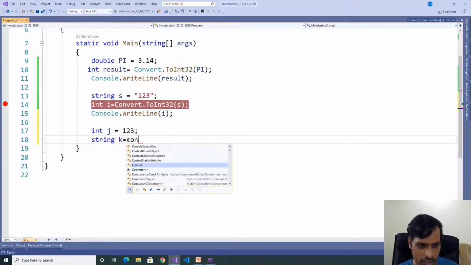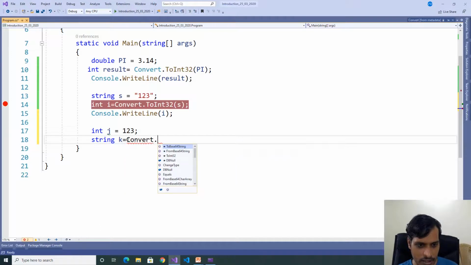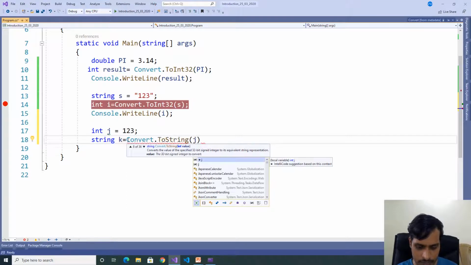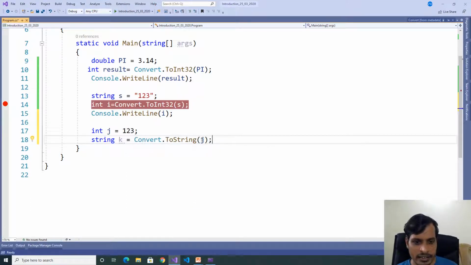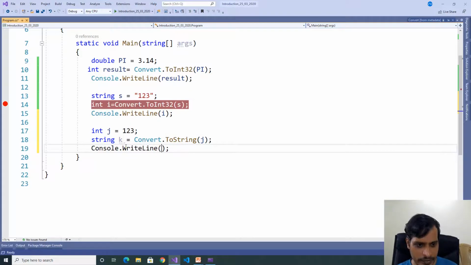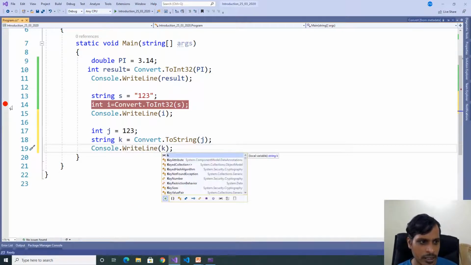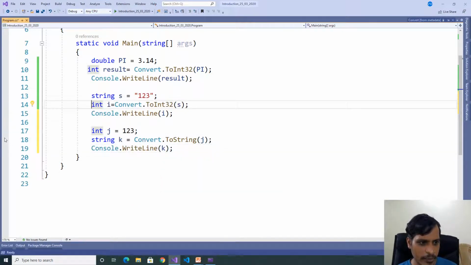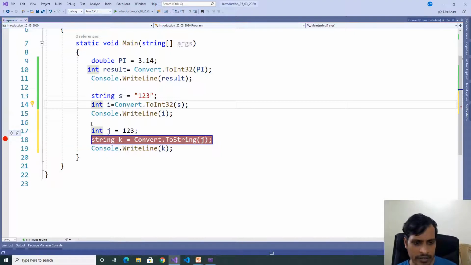One is Convert.ToString and pass the integer value j. Here j is an integer. We are converting integer to string using the Convert.ToString method. Print the output: Console.WriteLine k. Remove the breakpoint on this one and put a breakpoint here. Click F5.